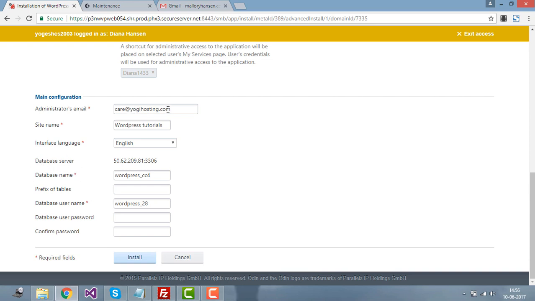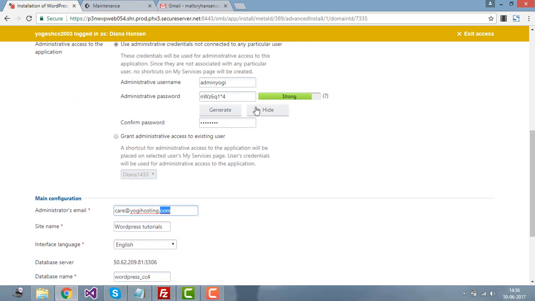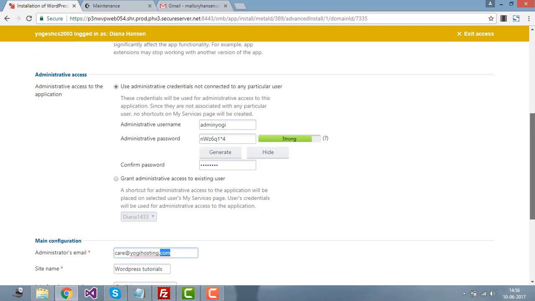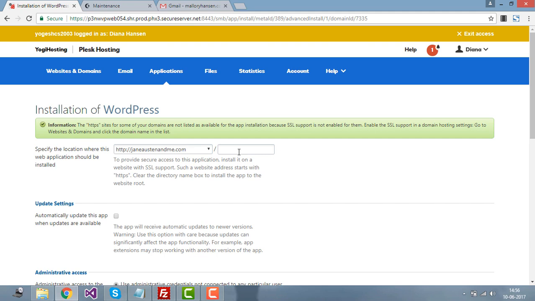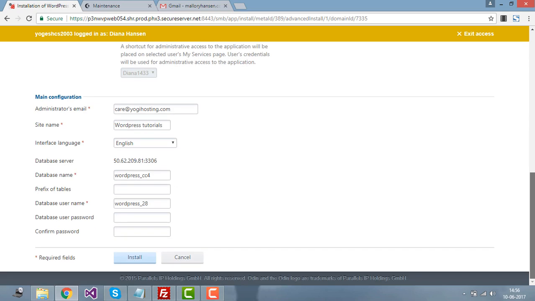Just place your email, which is important, your WordPress username and administrative password, and make sure the directory is empty, because you want WordPress to load right from the root. Now click install and just wait for a few seconds,